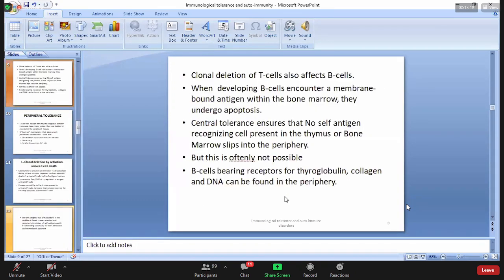So the same thing happens. We can also have this clone deletion of T cells. So this can also affect the B cells. Now, when these developing B cells encounter a membrane-bound antigen, so imagine you have an antigen in your bone marrow, the normal antigen. If these B cells encounter this antigen and they try to react, so they try to make antibodies against this antigen, once they do that, then they are going to be destroyed through